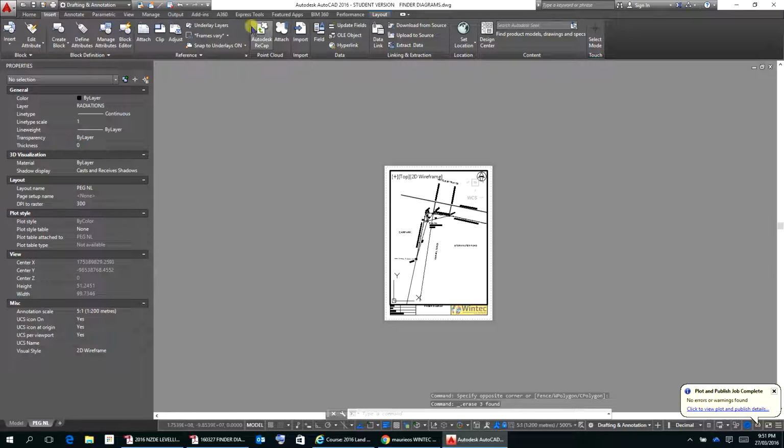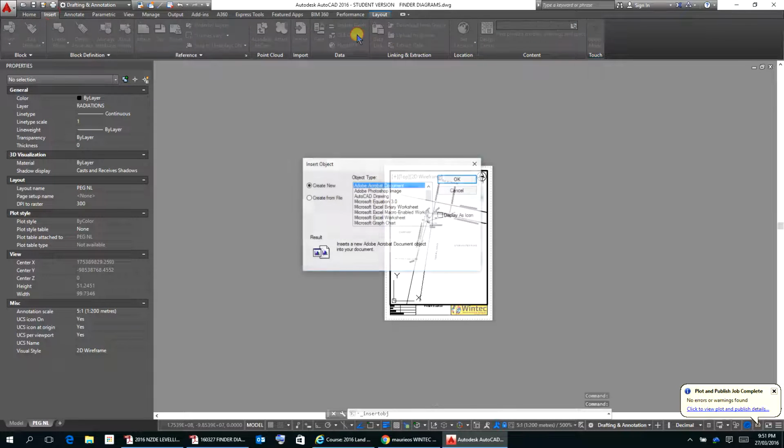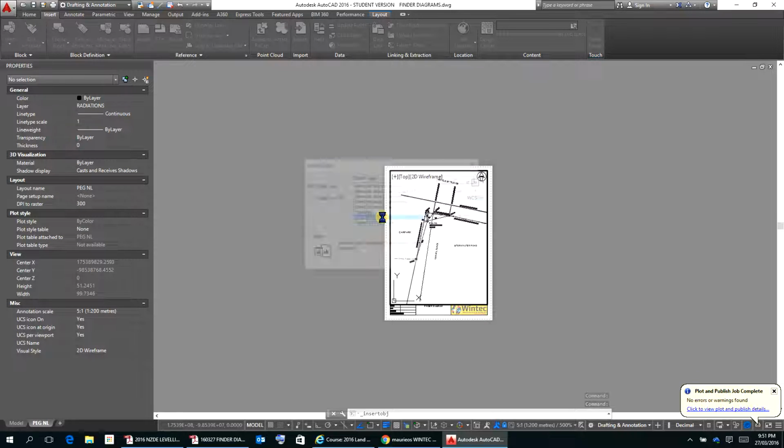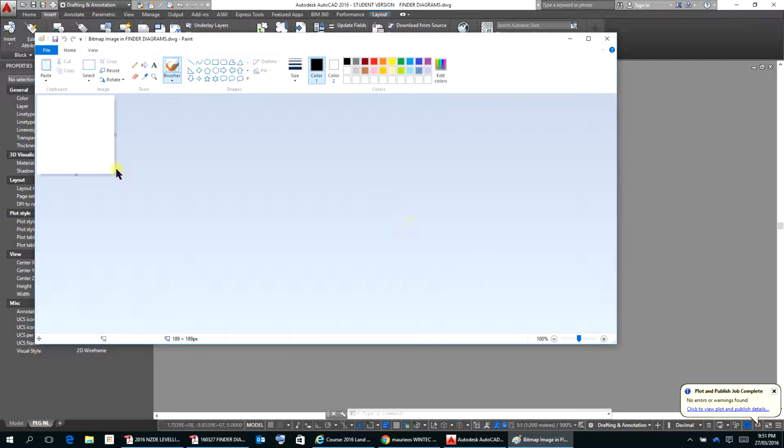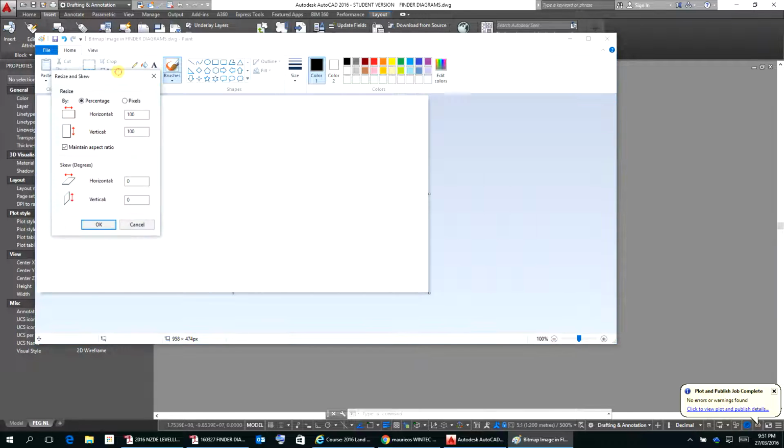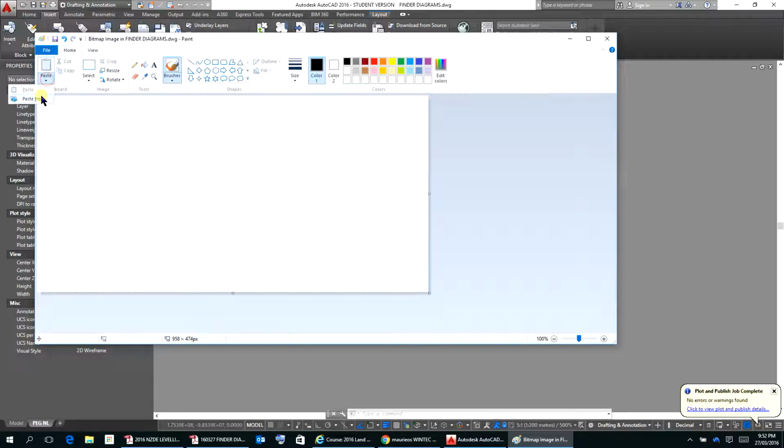So just go back here, Insert OLE Object, and down to Paintbrush, and then we've got to get that canvas size matching the photograph, and we'll go no, it's not what we want. Paste From,